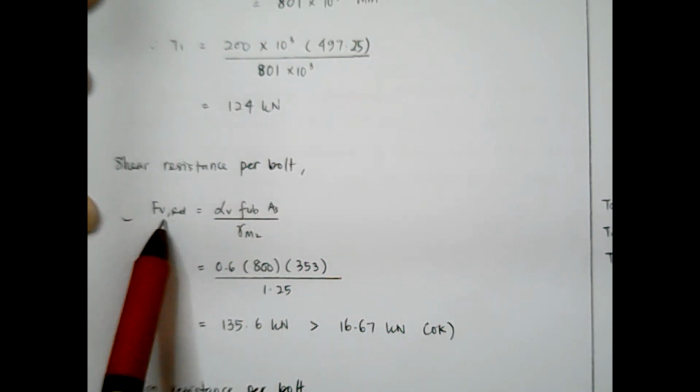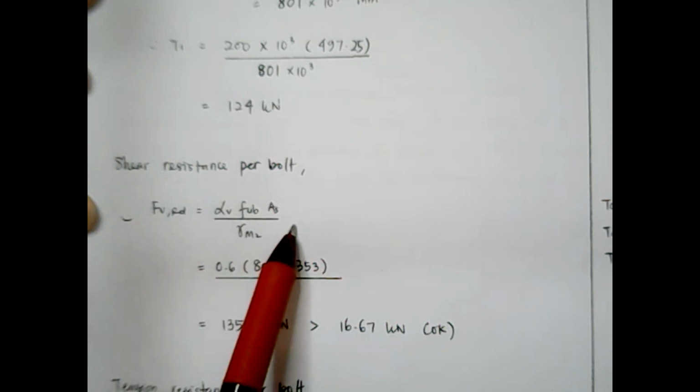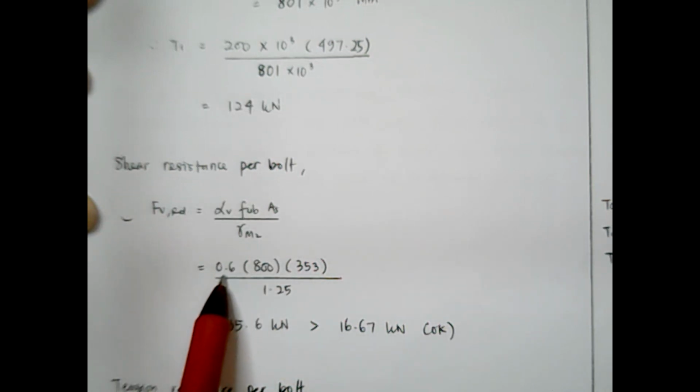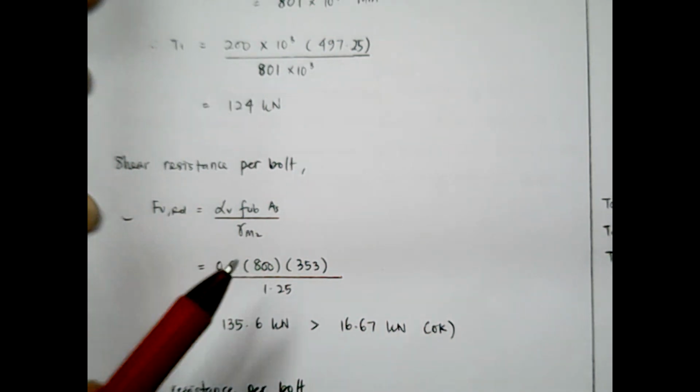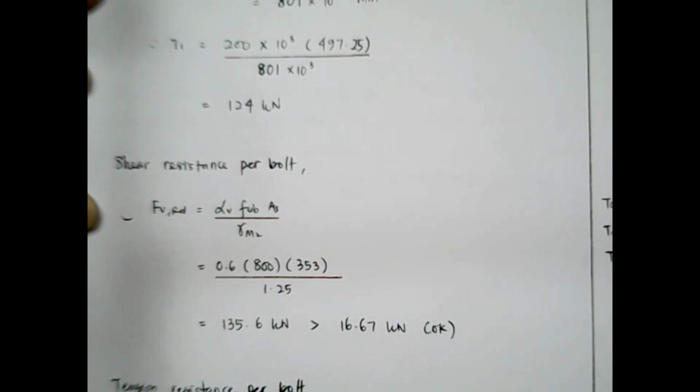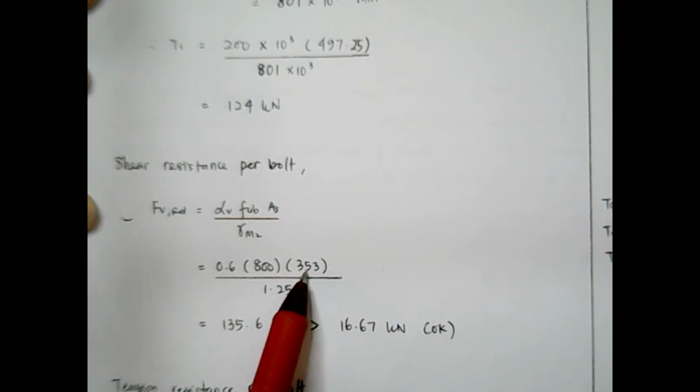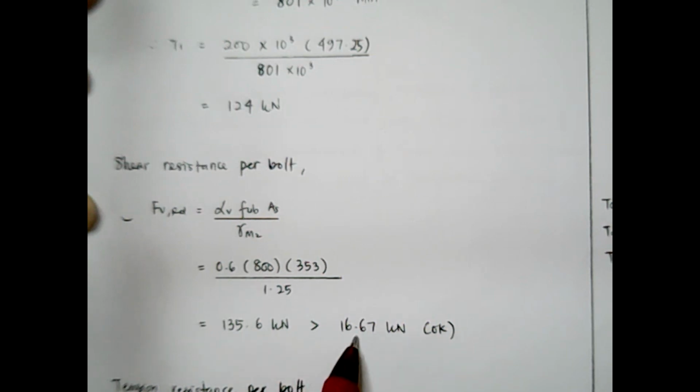So shear resistance is given in these equations, and alpha V is equal to 0.6 because our bolt is categorized under grade 8.8, and the alpha V has been given as 0.6. The FUB is 800, and the area of the bolt is 353, which is taken from the table. You calculate all, you get 135, which is larger than 16.6, meaning that the resistance of one bolt